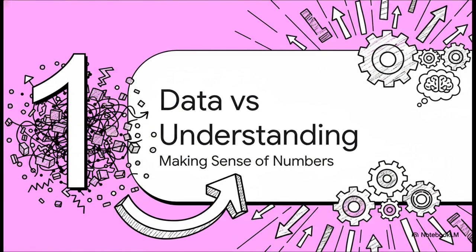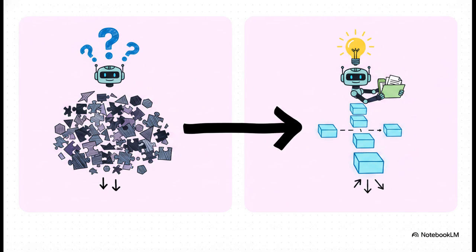All right, kicking things off with part 1, data versus true understanding, or really, how we make sense of the raw numbers. Imagine you're looking at a raw database entry. It just says, OPO3 Mehmed on leave 0. Now, a human manager looks at that and instantly understands what's going on. But to an AI, that is just random text. It literally means nothing. It only starts to mean something when a semantic layer steps in and gives it a clear business rule, like, hey, do not assign work to Mehmet today. Raw data is really just the starting line.